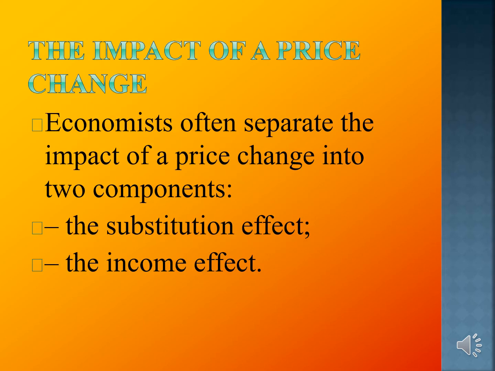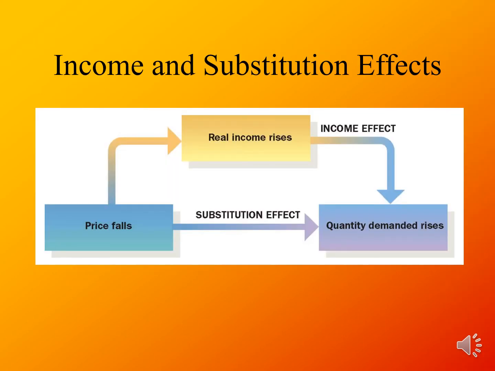So we have discussed income effect, price effect and substitution effect, and economists often separate the impact of the price effect into the other two effects, that is substitution effect and income effect. That means price effect is a combination of income effect and substitution effect. When a change in price happens, it will lead to both income effect as well as substitution effect. And price effect is equal to income effect plus substitution effect.